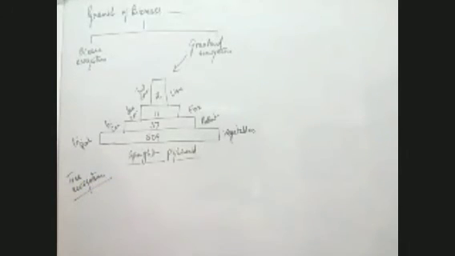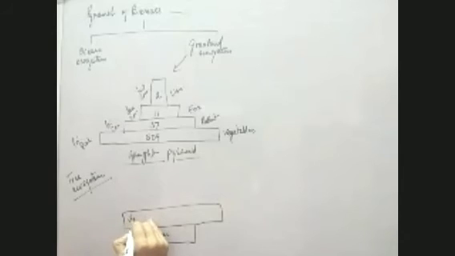What happens in a tree ecosystem? Suppose we have a tree, a big banyan tree, a big peepal tree or a big banyan tree, a single tree. This single tree can provide food and shelter to